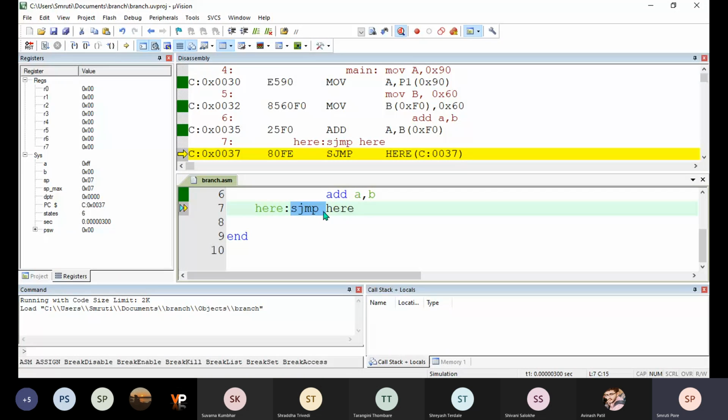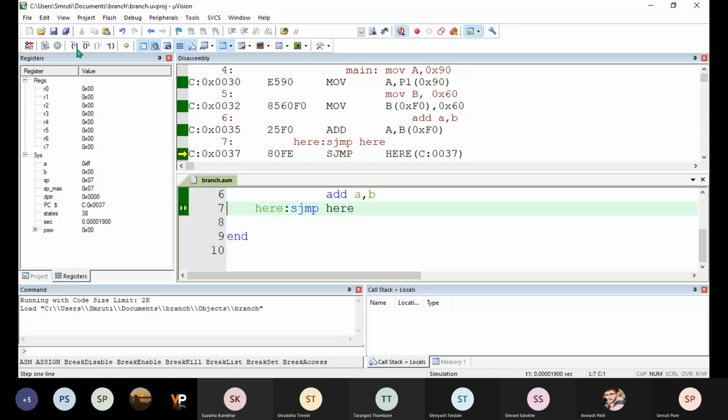Now this sjump is jumping to the same level. Okay, so it will again go to the 37 only. So it will not go to any other location. You can see that every time I execute it, it is executing more cycles, but the content of the program counter is remaining same.